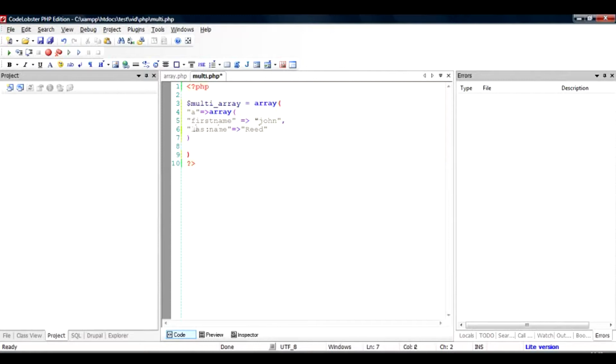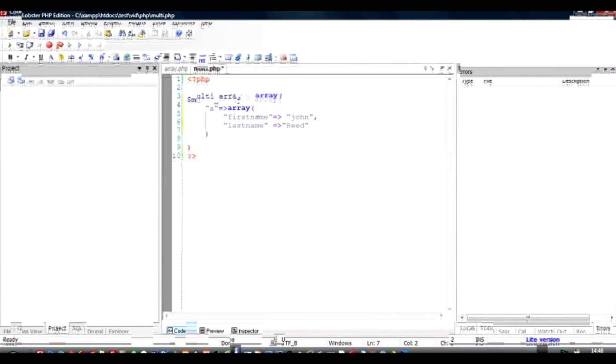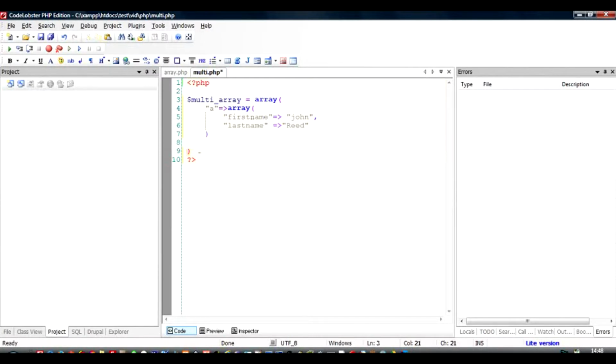So we just format it a little bit, and it looks like this. This bracket corresponds to this bracket and this bracket corresponds to this bracket. Just put a semicolon so that it is syntactically correct.